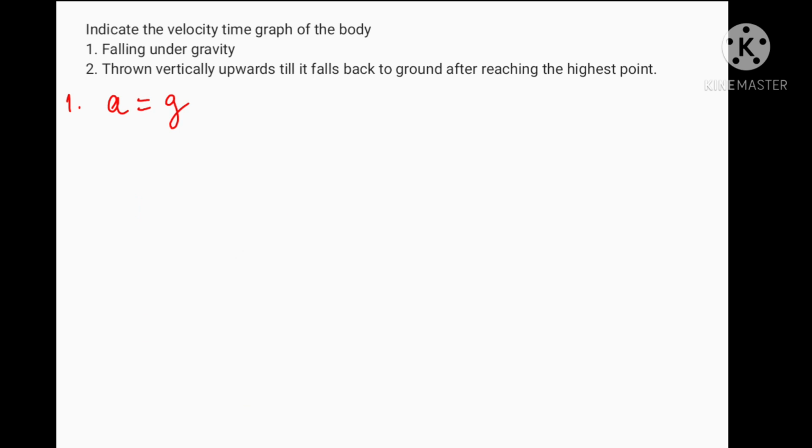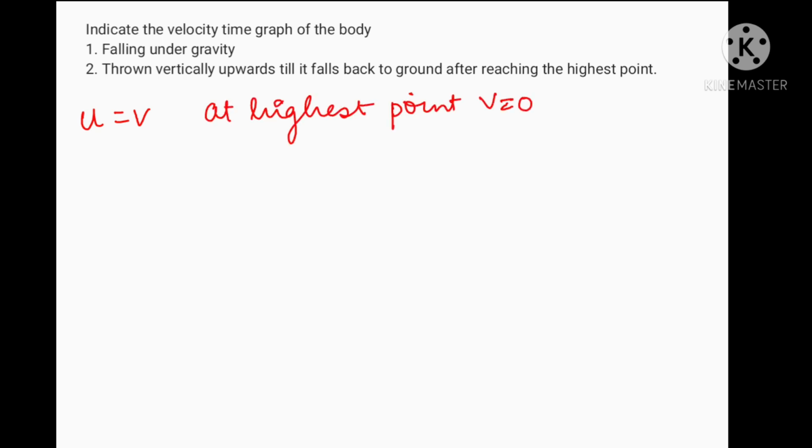Second condition is the body is thrown vertically upwards till it falls back to the ground after reaching the highest point. As the body is thrown, that means it would have some initial velocity. It reaches the highest point and then again falls back to the ground. At the highest point, the velocity has to be 0, which would again increase when the body falls back to the ground. So we would get the graph in which we would have a value of v for time